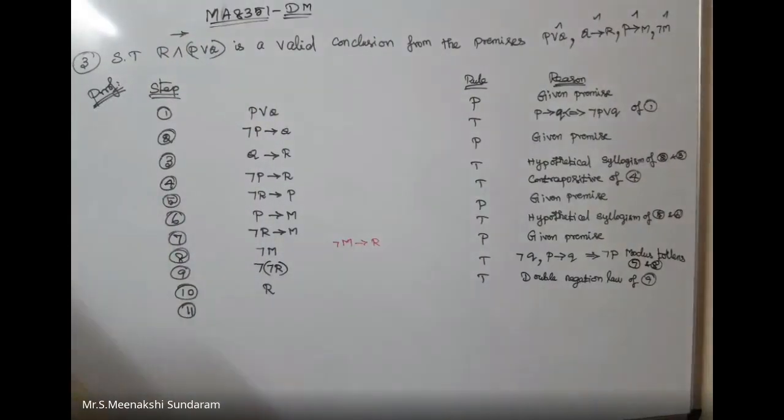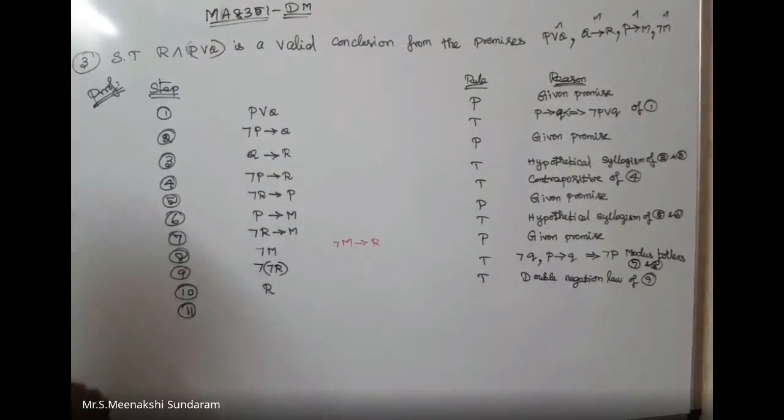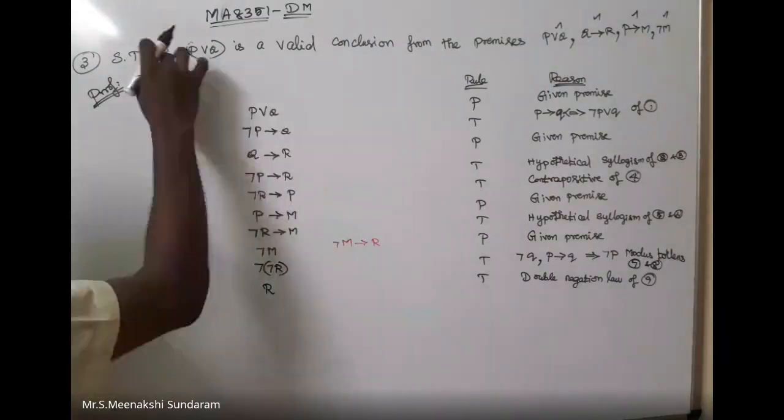CP, sir. CP means condition. Only when a conditional comes, you apply CP. Look at the question. Add a conjunction, and one more is added from a term. What can you write? P conjunction, P disjunction Q. First and last step, addition conjunction. So addition law. Here we have only added.